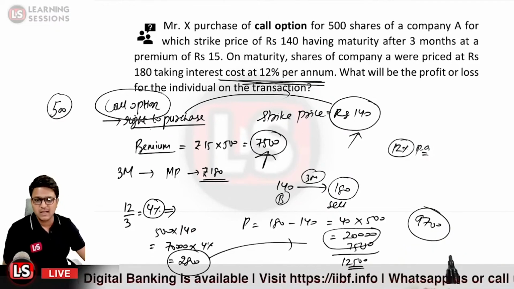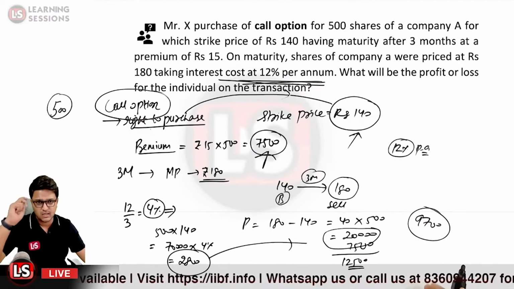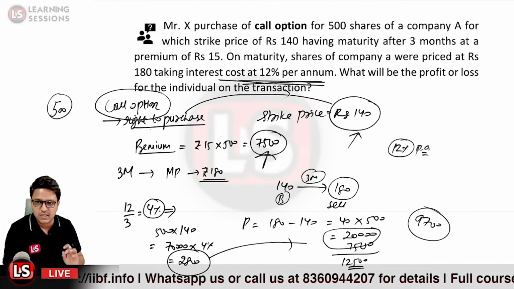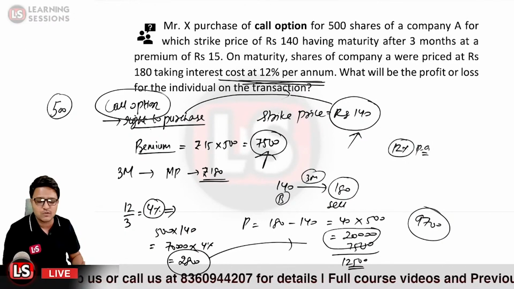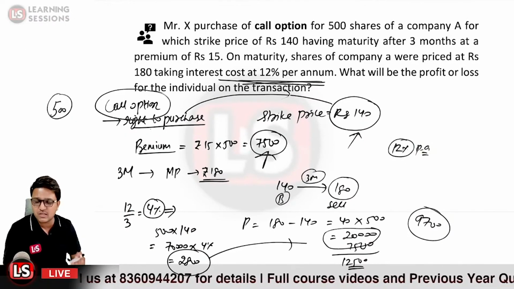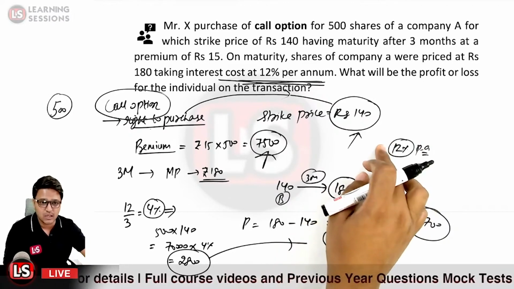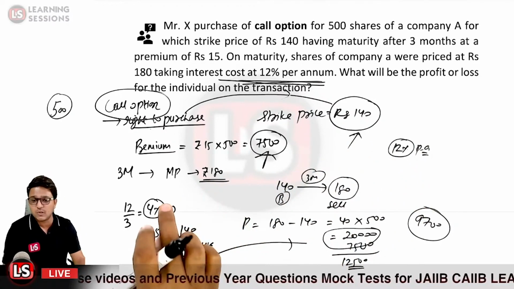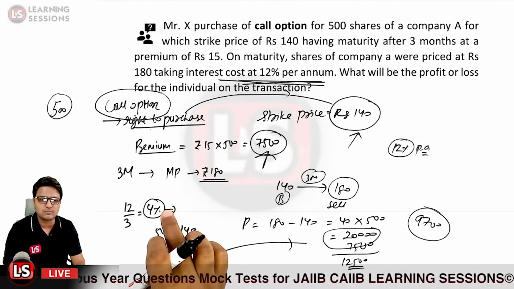Is it clear? Let me explain to you this again. So I'm having a call option where I'm having a right to purchase the share at a strike price of rupees 140. So I can purchase the share after a period of 3 months at rupees 140. And further, luckily after 3 months the price of the share was